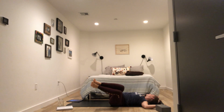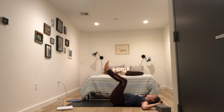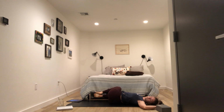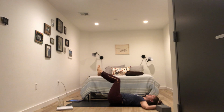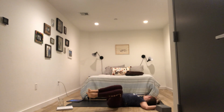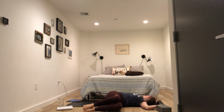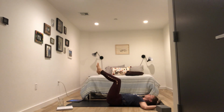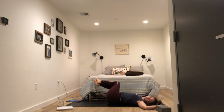Exhale back to center. Inhale to your right, drop your knees to your right, look to your left. Exhale, center. Inhale, drop your knees to your left, look to your right. Exhale, center. And go 2 more full breaths on your own, dropping your knees and turning your gaze to the